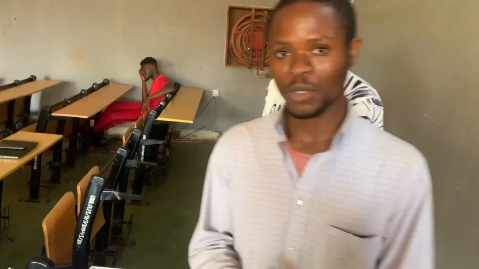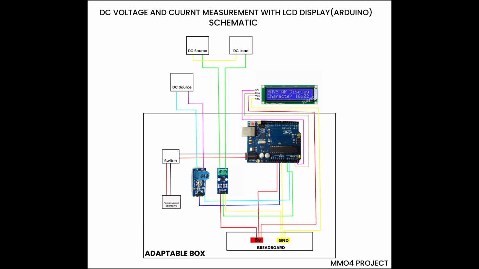Alright guys, don't waste too much time. I just want to show you guys the schematic diagram that we did for the circuits. So you can see all the components we needed are just few, and if you look closely in the diagram, we have just Arduino, our ACS712 current sensor, we have a voltage sensor, we have a breadboard, we have DC source and DC load, we have switch. All of these are just inside the